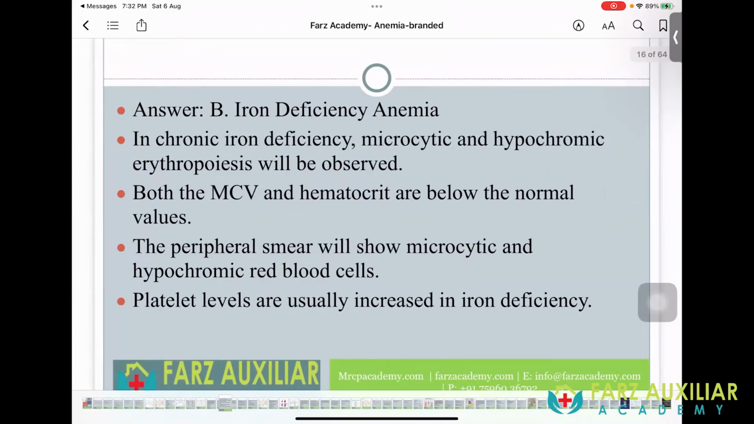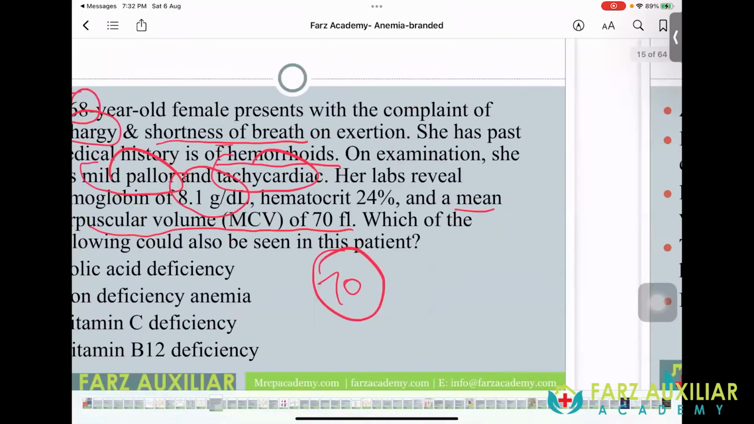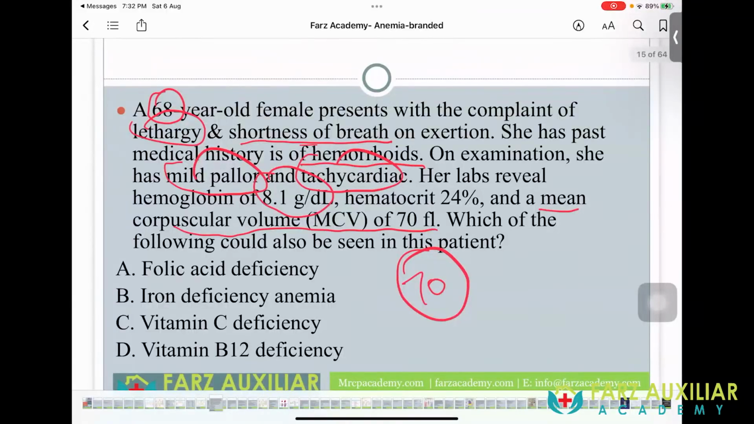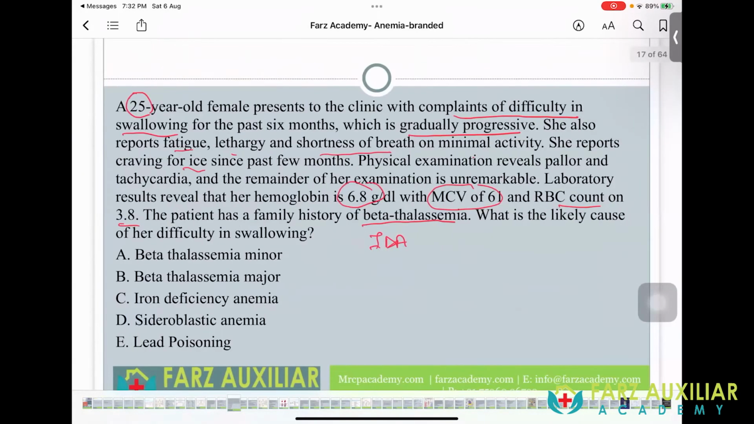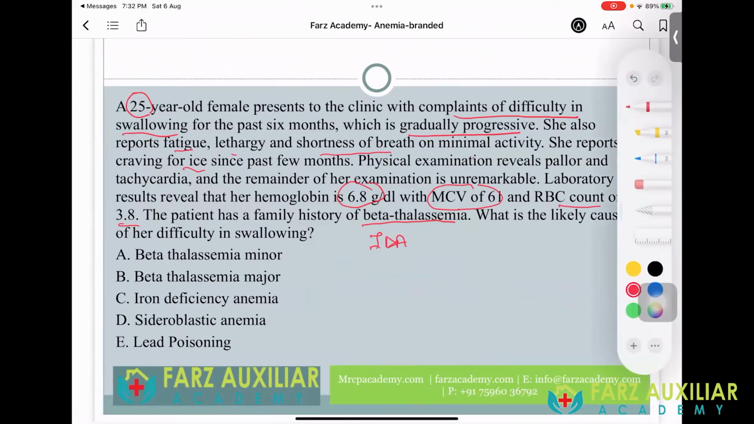So you will see iron deficiency anemia in this patient. In chronic iron deficiency, we will see a microcytic hypochromic picture. This was very clear. Hb being 8.1, hematocrit 24% with an MCV of 70. We are dealing with a microcytic type of picture, so this is iron deficiency anemia. All right. So the next question is about a 25-year-old young girl